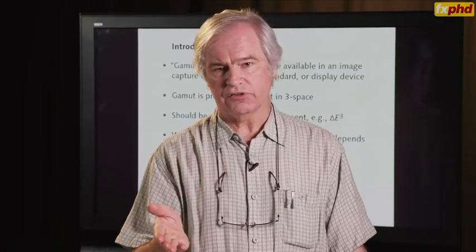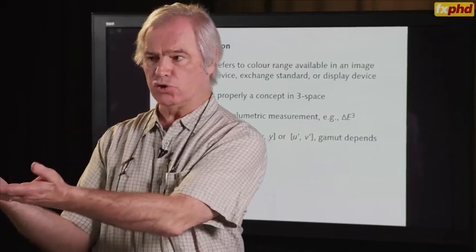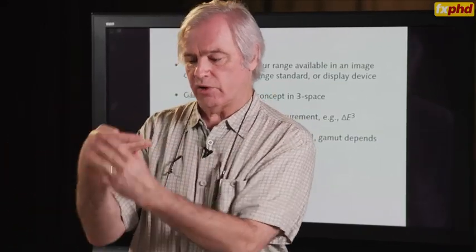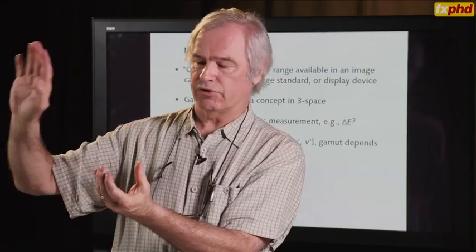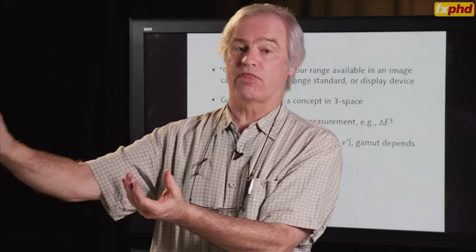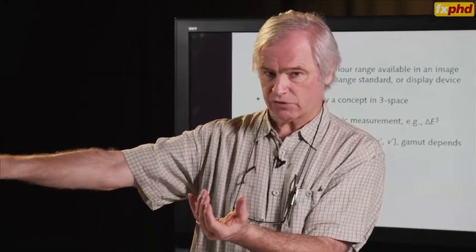In the first few classes of this course, we talked about what's in front of the camera, how you can use 3 curves to acquire that, code it into 3 signals representing vision. You could jokingly refer to what happens in front of the camera as 31 space, that being the color space from 400 to 700 nanometers divided into 10 nanometer chunks. So gamut does not live out there in 31 space. Gamut lives in 3 space. And properly, you should really measure gamut in cubic units of something.